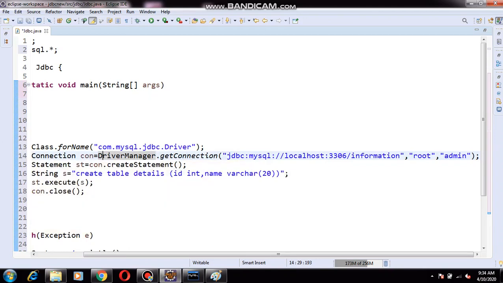The server name of MySQL, the port number of MySQL, and finally this table will go and be stored in which database? The information database. If it is to be stored in the information database, we definitely require the username and password of the database. And finally, if I want to execute the statement, if I want to execute the connection, we definitely require the path of MySQL.